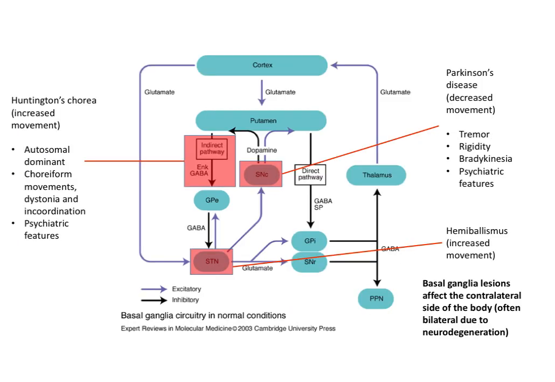So what I've done here is I've taken that pathway and I've added on some lesions. So let's start off with Parkinson's disease, which is caused by the degeneration of dopaminergic neurons present within the substantia nigra. As we said, if we take away dopamine provided by the substantia nigra, then we lose that net